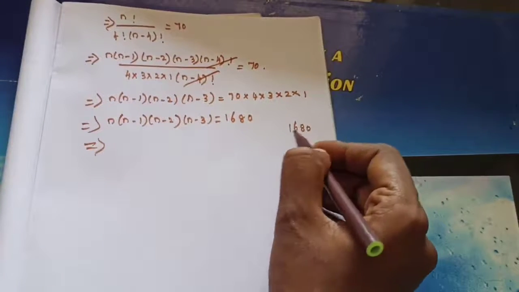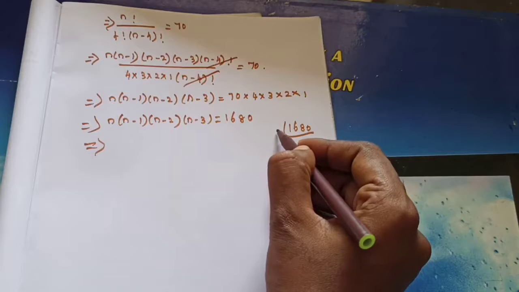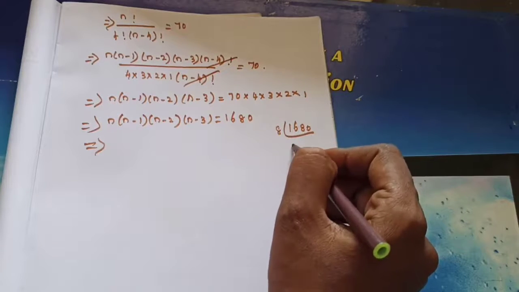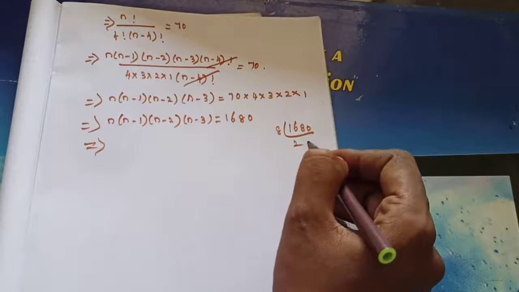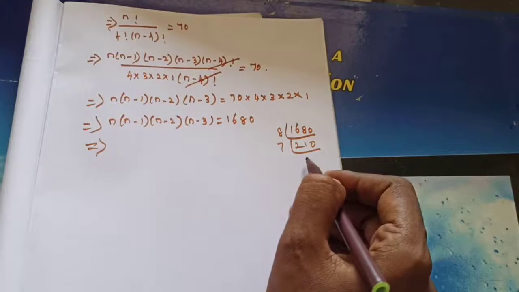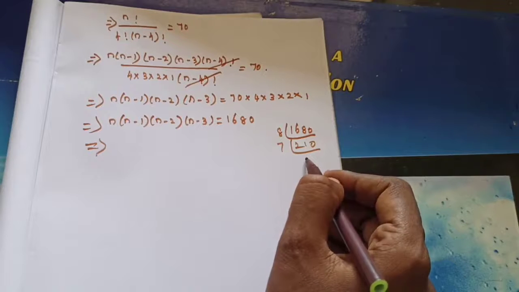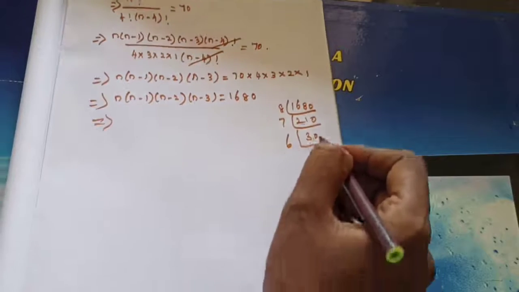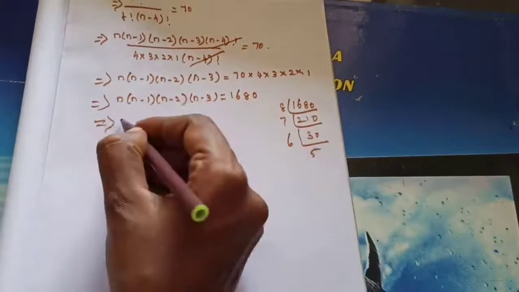Okay, shall we split it? So this one, if you are giving for 8, start from 8. Okay, so 8, what will happen? 2 1 0. Next we can give for 7. Order-wise you try to give. So how much will you get? 3 0. Next number is 6. You can give as 5. Okay, 8 7 6 5. So we can write like that.